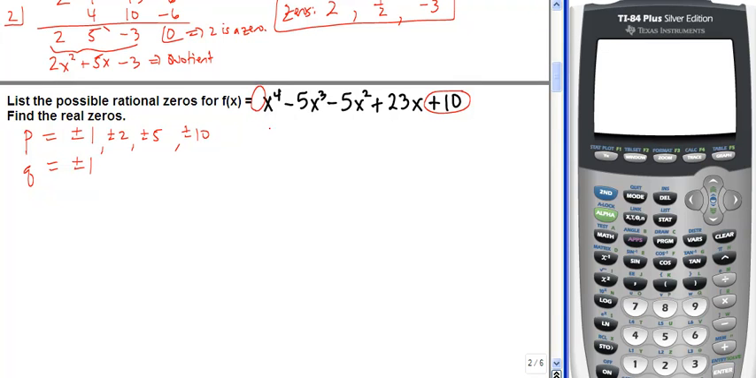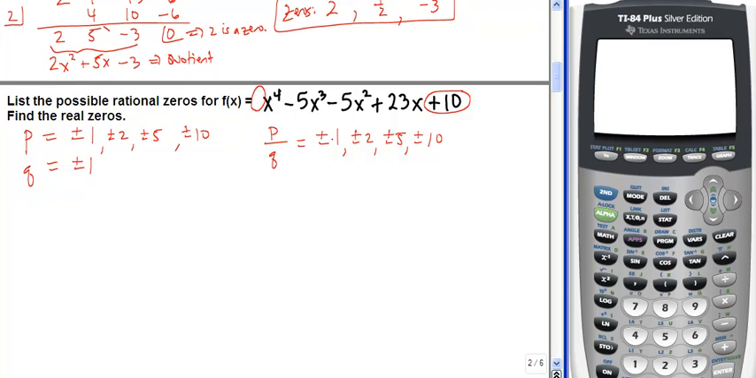So that makes our list of p divided by q's fairly simple to do. We're just going to take each of these p's and divide them by 1, which is going to keep them the same. So we're going to get back plus or minus 1, plus or minus 2, plus or minus 5, and plus or minus 10. Now this one has several possible potential rational zeros, and you could go through each potential value here and try